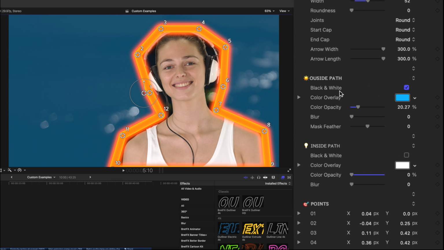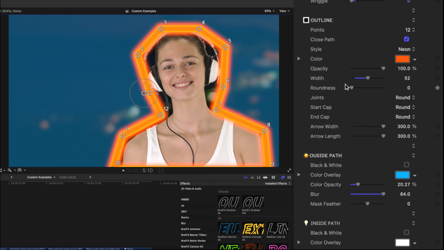So if I turn this black and white checkbox off, it'll let some of the original color bleed through. I like it for this one. It just depends on what you're doing. We can also blur this background. It's pretty blurry already, but let's crank that up. You can crank it way up by clicking in the field here and dragging. We'll just leave it 64. That's good. The mask feather, you can't see it while the outline is on very well, so let's